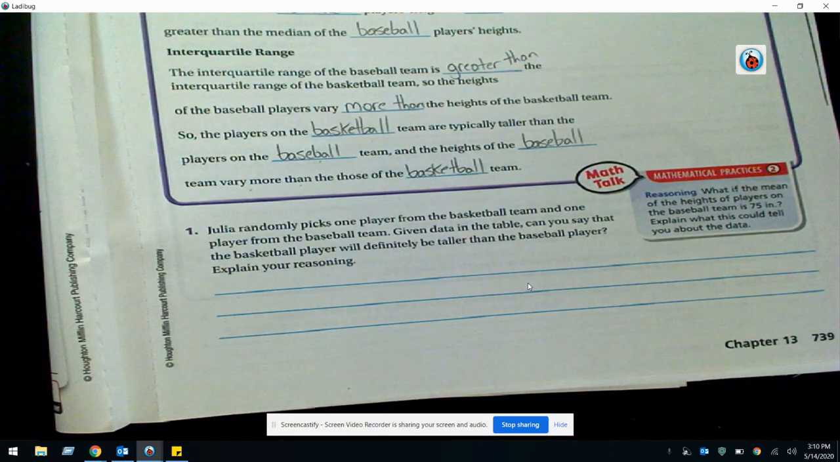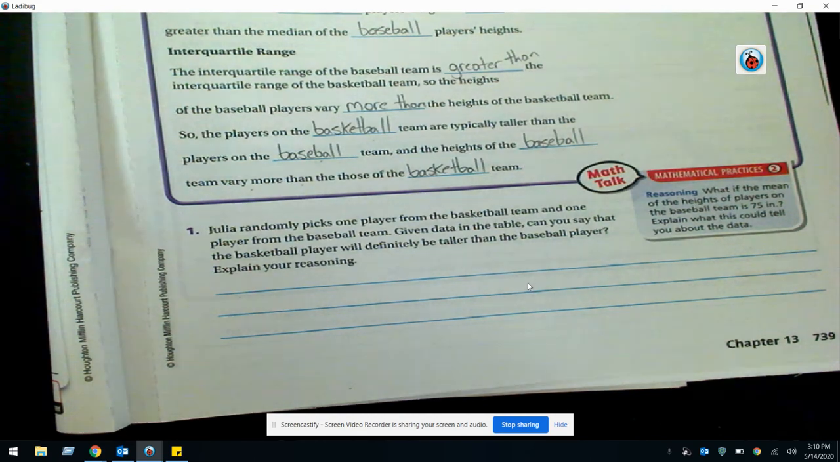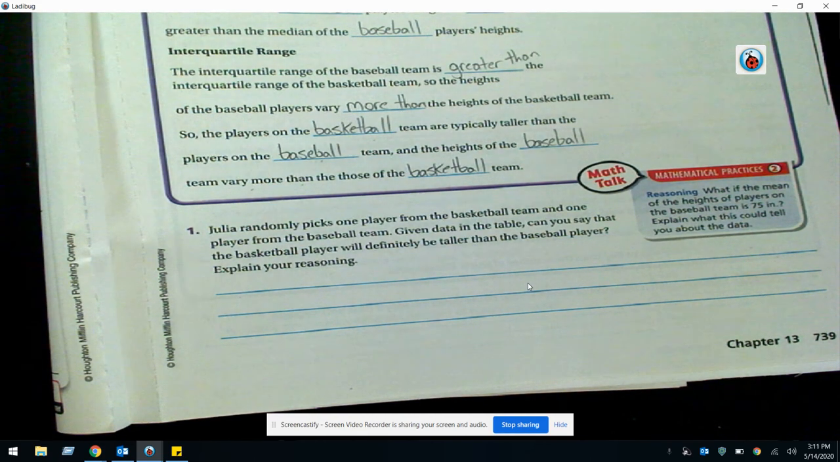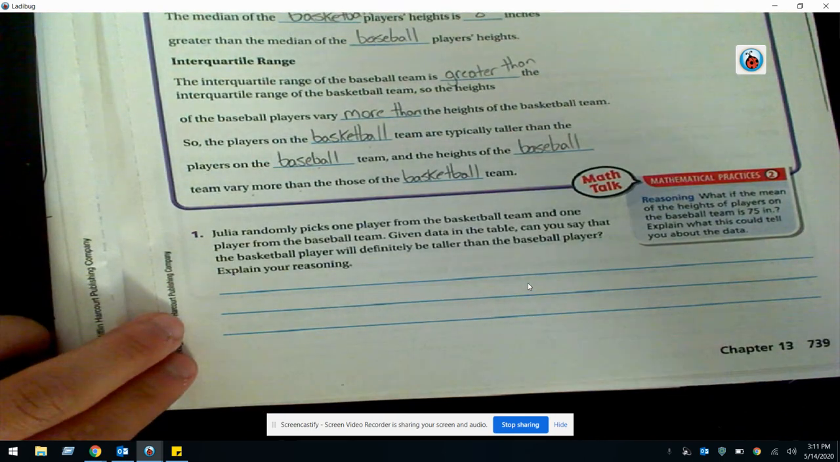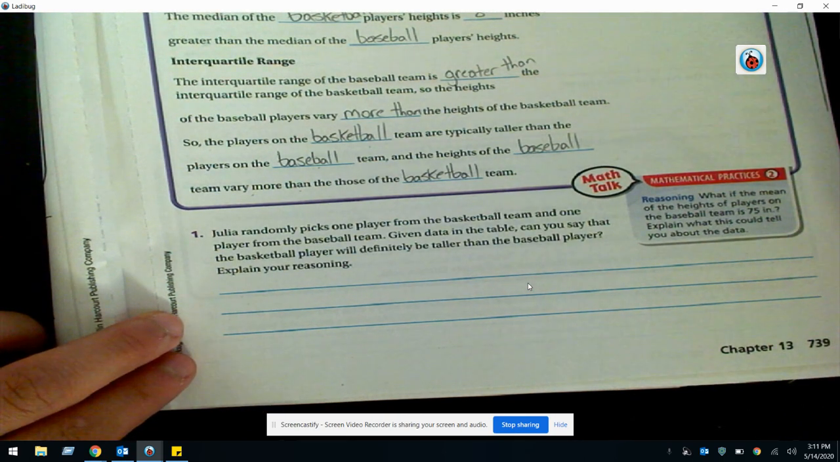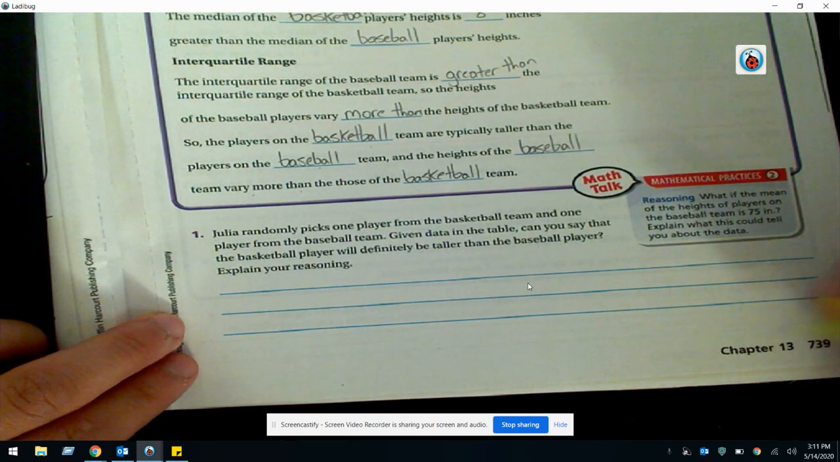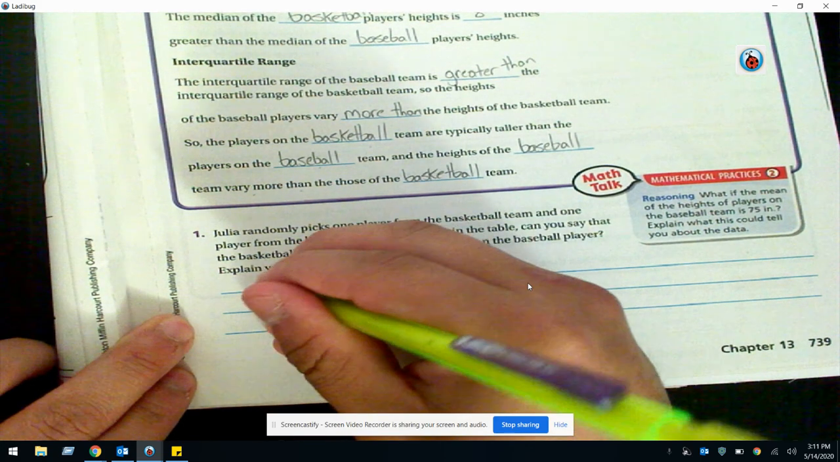Then we move on to down here. Julia randomly picks one player from the basketball team and one player from the baseball team. Given data in the table, can you say that the basketball player will definitely be taller than the baseball player? Explain your reasoning. Well, if you were to randomly pick someone from the basketball team and one person from the baseball team, are you going to automatically get someone that is a basketball player that is taller? So what we're going to say is no,